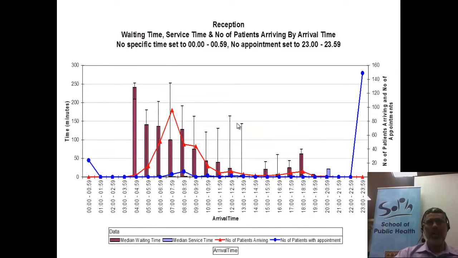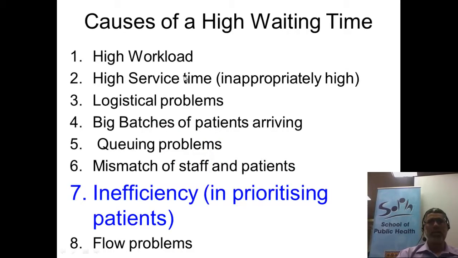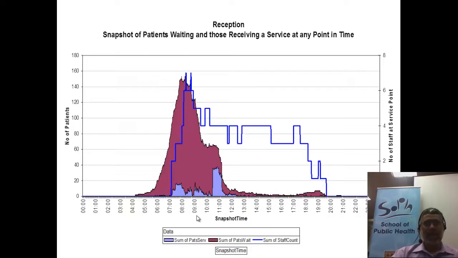Now, are there other causes of patients waiting a long time? Yes, there could be inefficiency in prioritizing patients. That means staff are present, patients are present, but the staff don't attend to the patient. They do other things. So is that cause operative here? And here you can see that there are patients waiting